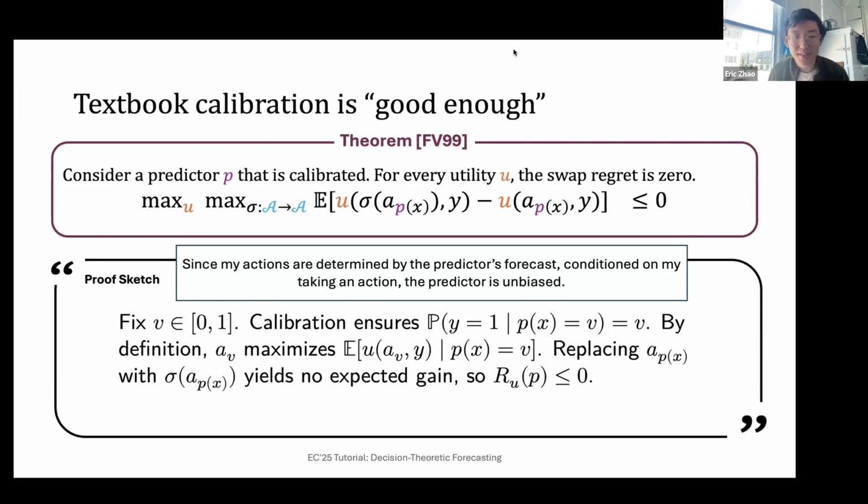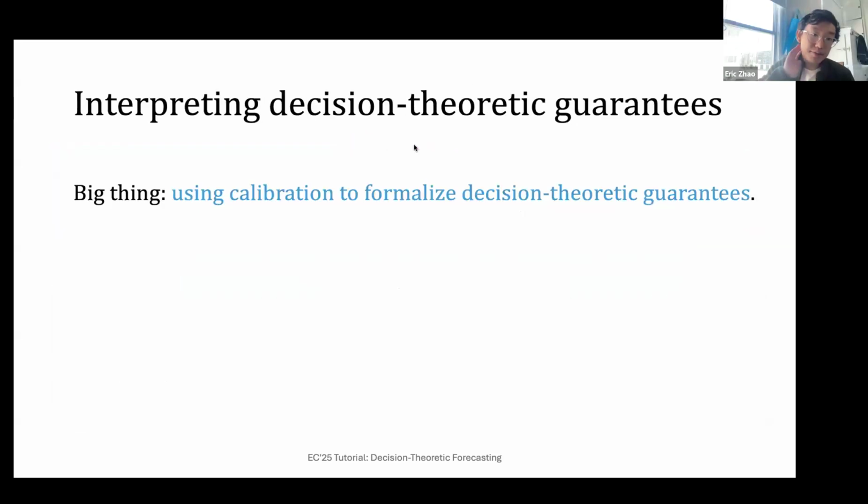One way to think about this is like this predictor is really extracting enough information about the world that it doesn't sort of matter downstream what your utility is. We still have enough information to help you make your decisions. Great, thanks. Right. So in terms of interpreting these decision theoretic guarantees, I do just want to briefly point